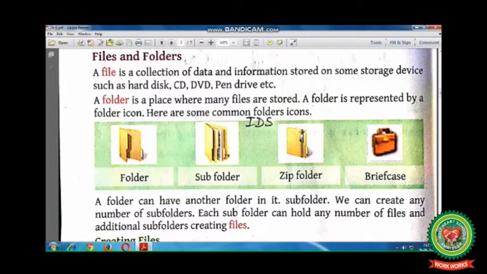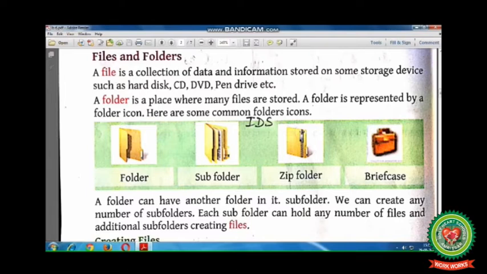Children, a folder is represented by a folder icon. So on your book at page number 56 you can see different folder icons are given.